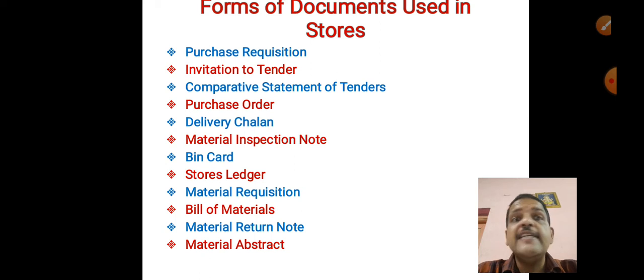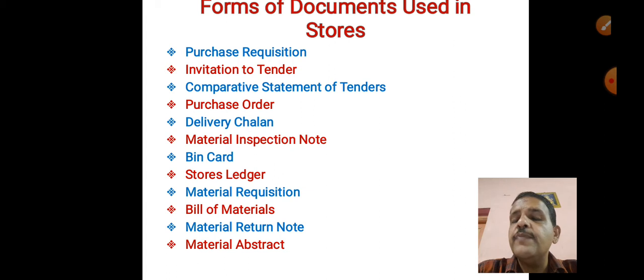The first format is of purchase requisition. Purchase requisition is prepared by different departments to show their total requirements and send the same to the purchase department. What does it contain? It contains date, serial number, place of delivery, purchase, past purchase, stock, etc. It is signed by the person who initiates it.